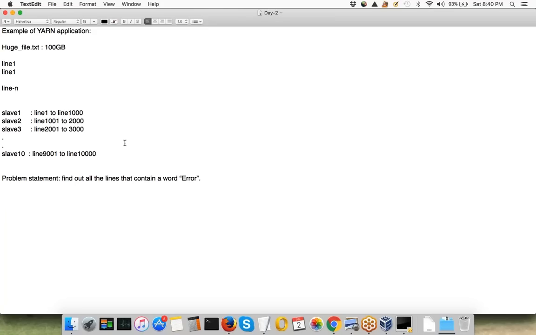Now if there is nothing called Hadoop in your life and you want to do it manually, you would be running something like cat. Let's just assume that this is divided into different files, split into different files, and these files are present on different systems. You would be doing file 1 and grep error, something like this, right? You are just finding all the lines that contain the word error in that file, and you can do this on all the machines in parallel.